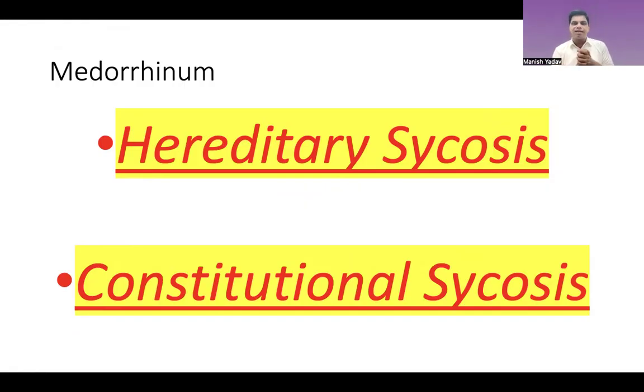From where the disease starts. If the source of the illness, the etiology of the illness, is hereditary and it is psychotic in nature, then Medorrhinum can be one of the remedies. Or if it is being suppressed in a way. For example, I'll share one case. I read just one case in an article, a very nice case.